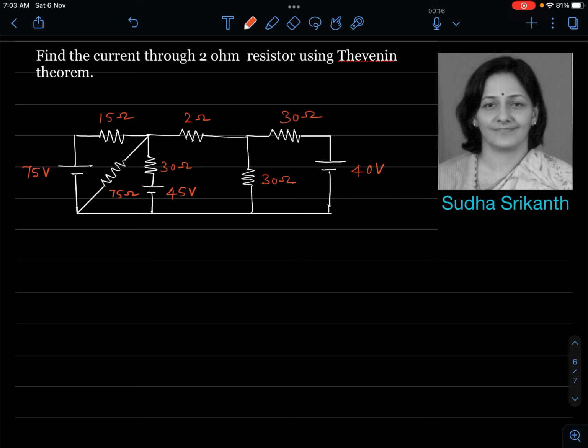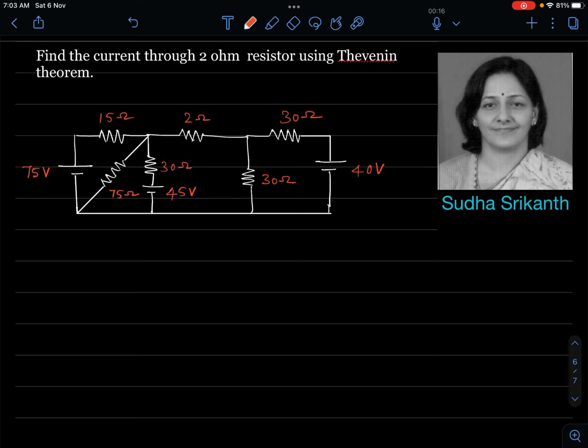The idea of taking up this problem is to tell that there are several ways of doing the same problem. Any network analysis problem can be done by several techniques, several methods. So here we are supposed to find out the current through 2 ohm resistor using Thevenin's theorem. Had the method not been mentioned, we could have done it by different techniques, like source transformation and then finding out the current through 2 ohm, simplifying the